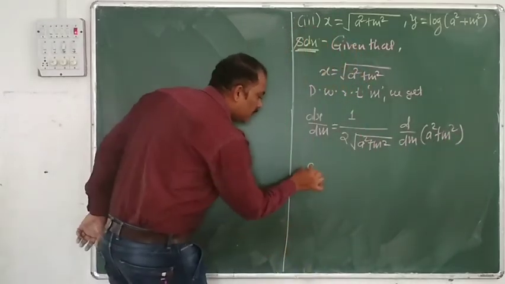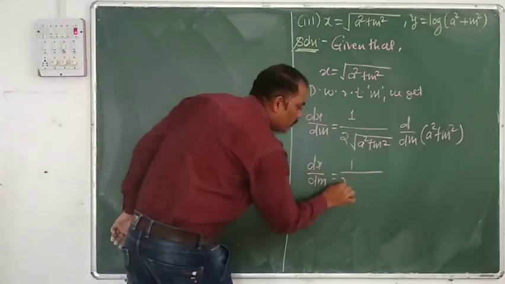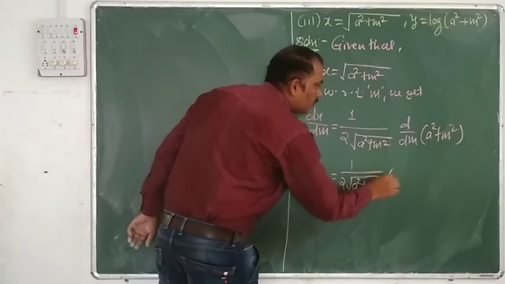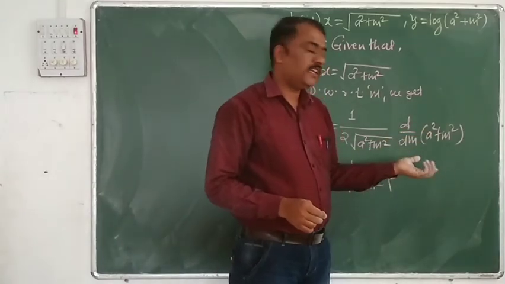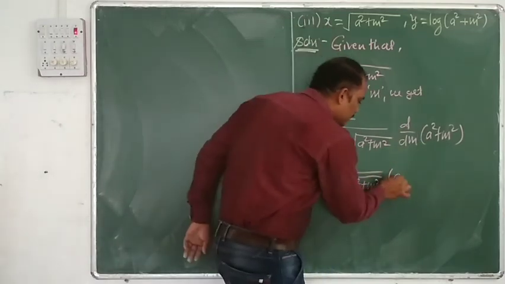Now what we have to get? dx by dm is equal to 1 upon 2 times under square root of a square plus m square into d dm of a square plus m square. a is a constant, a square is also a constant. If it is a constant, it does not bother anyone; its derivative is 0. Plus